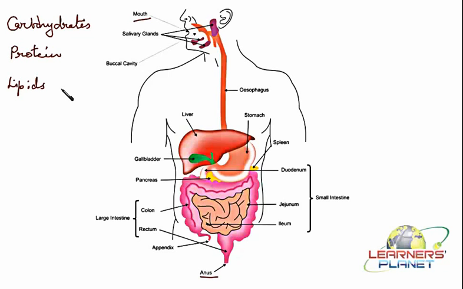For instance, the question could be like, explain how the digestion occurs in the stomach. So if it is the stomach, you must know which molecule is being digested here, what the conditions are, and which enzymes are involved in this particular process. So either way, if you are studying it the way we are suggesting, things become quite easy.